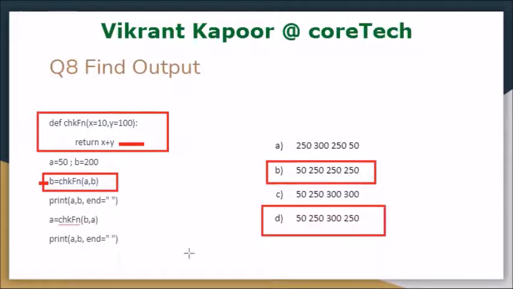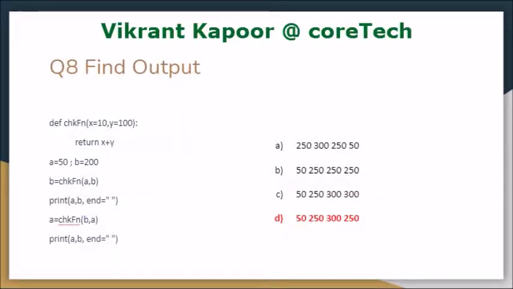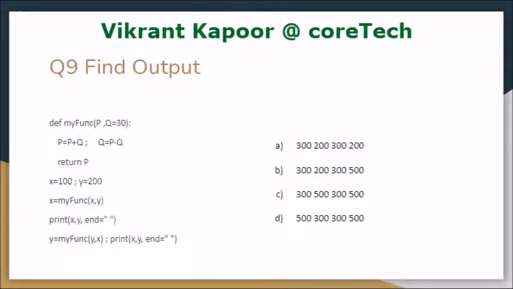So the option now will go for something like, we are going to call this function once again, and now when the function will be called, the value of B is being passed first. The value of B now will be that of the value of X. Now after the calculation, we'll get something like 300. So let's see, 300 is there or not at the third place? Yes, we do have. So the 300 is there in the last option.